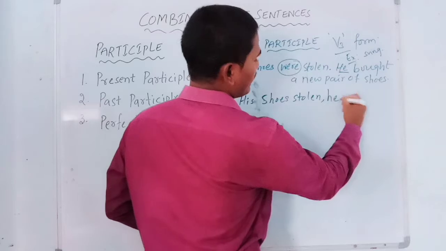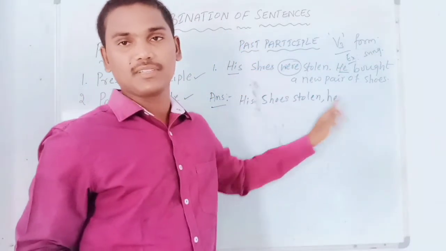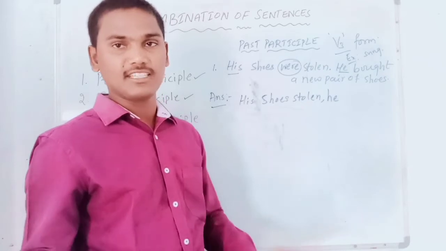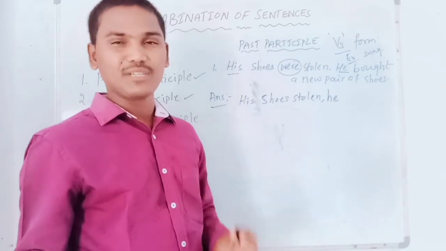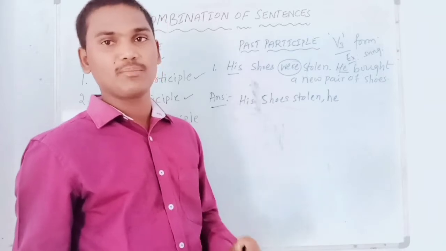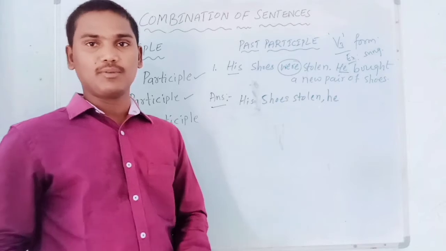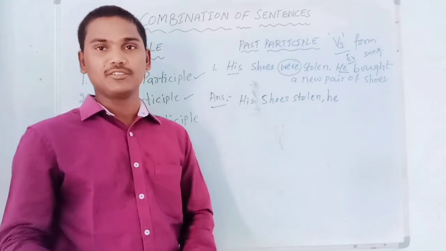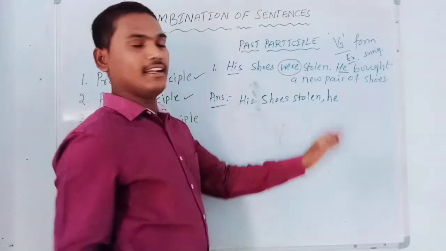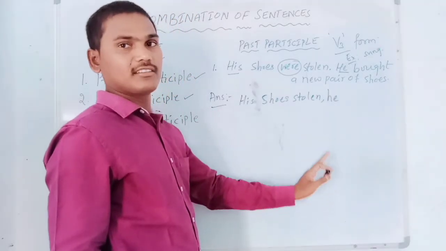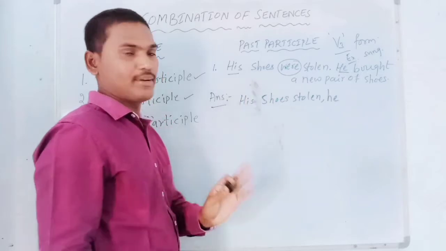comma, he. When we are using a comma in between two sentences, the sentence after it starts with a small letter and we should not use a capital letter. That is very important because most students make a mistake there. That is why I am repeating it again and again. Please note that point very carefully because I do not want you to lose marks in your public exam. After a comma, everywhere in English, it has to start with a small letter, not a capital letter.